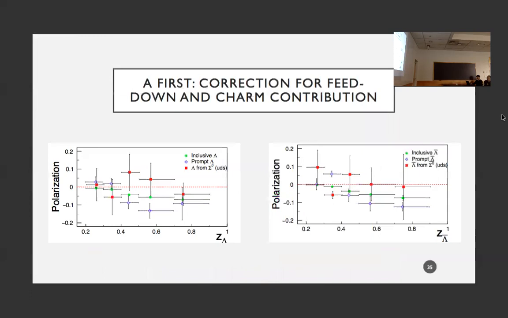I also want to point out, and I think it's the first in general in lambda physics, that we were able to correct for feed-down from sigmas as well as from charm. It's a little confusing, these plots, but basically the prompt lambda is the result of these blue points here, so they are corrected for this, and you get somewhat larger asymmetry. The lambda from sigma seems to have the opposite correlation, as you'd expect from angular momentum conservation. But in general, these are relatively large error bars. Of course, at Belle 2, we could do this much more precisely. And these relations might also help you to correct for feed-down, I think, in other configurations like